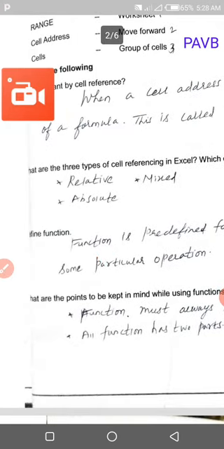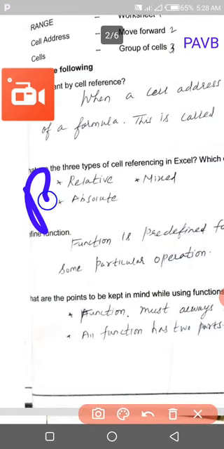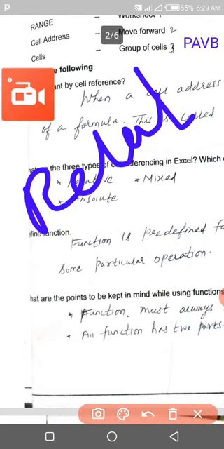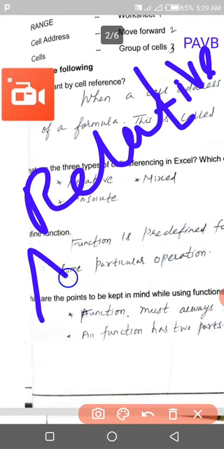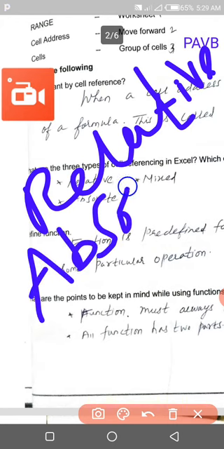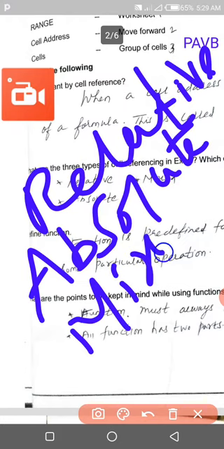The 3 types of cell addressing are relative addressing, absolute addressing, and mixed addressing. RELATIVE, relative, ABSOLUTE, absolute, MIXED, mixed.